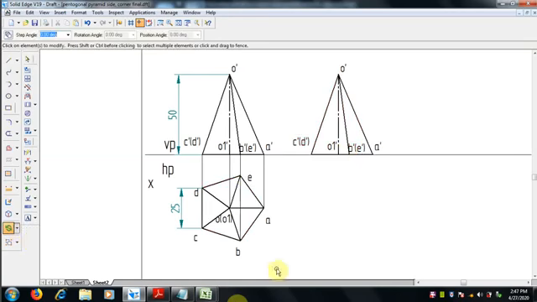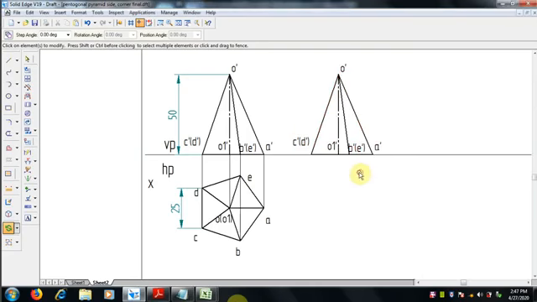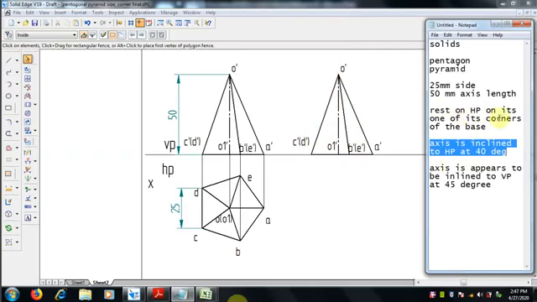By using the rotate command, the question says the axis is inclined to HP at 40 degree. Now we have to be careful: if you select the axis and rotate, it will rotate about the axis, but the question says it is resting on one of its corners of the base.